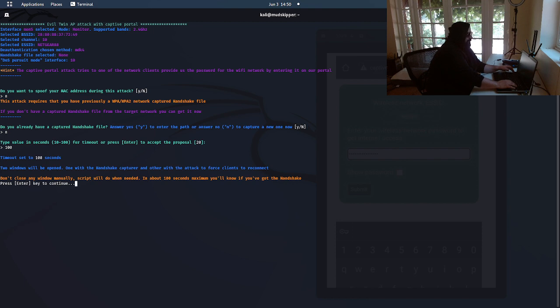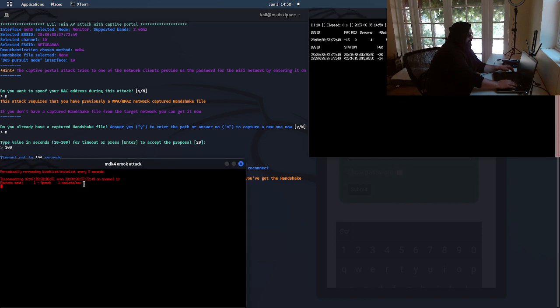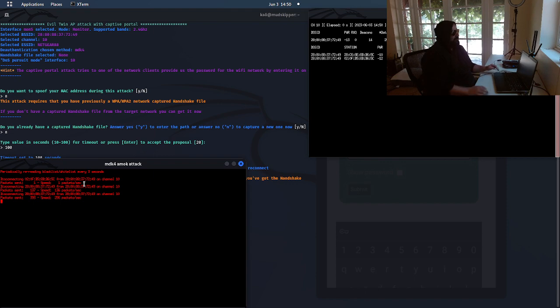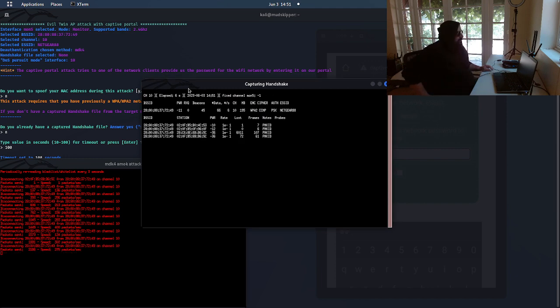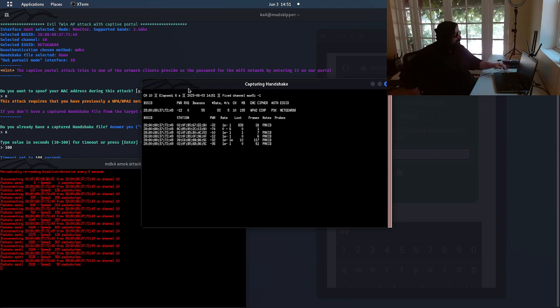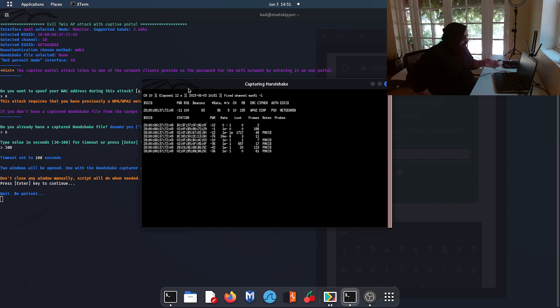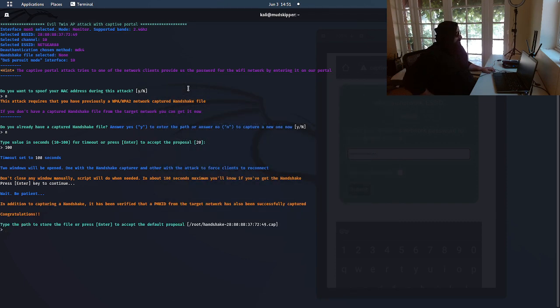And then when you're ready, press enter, and you can see it's trying to capture the handshake right now. And notes, if you see the last column, or one before the last column, notes, it says PMKID. That's great. It's already captured a handshake, and now you can see it says type the path to store the